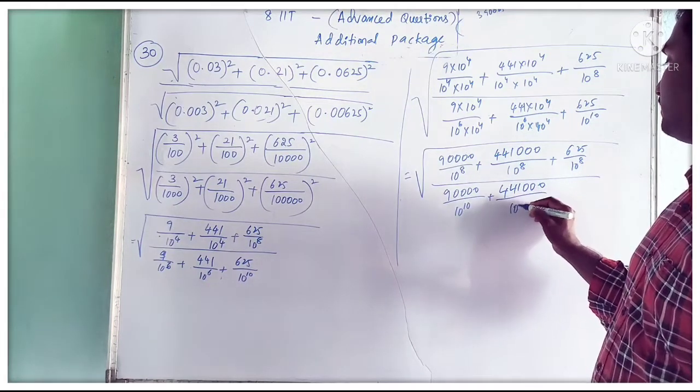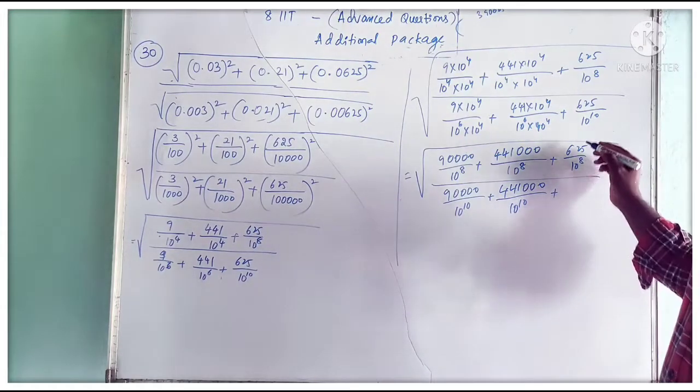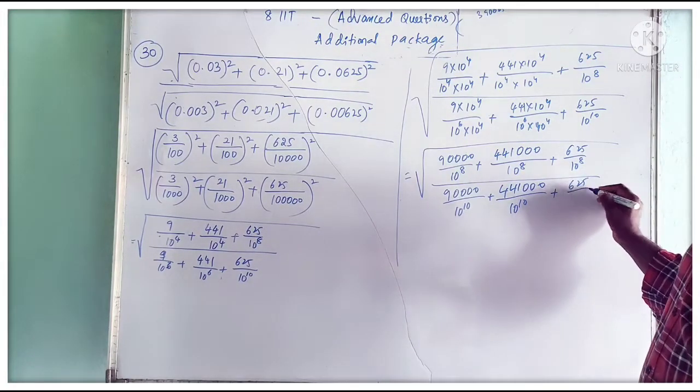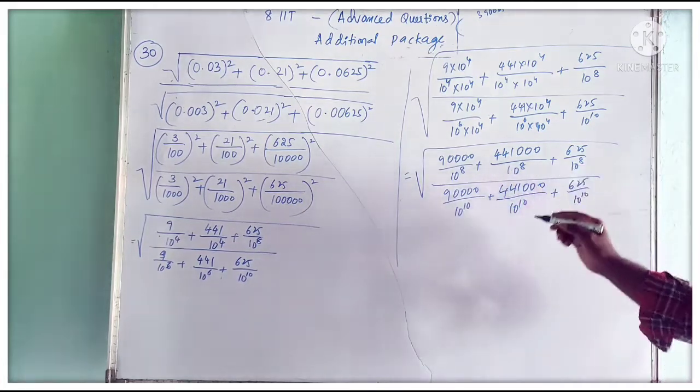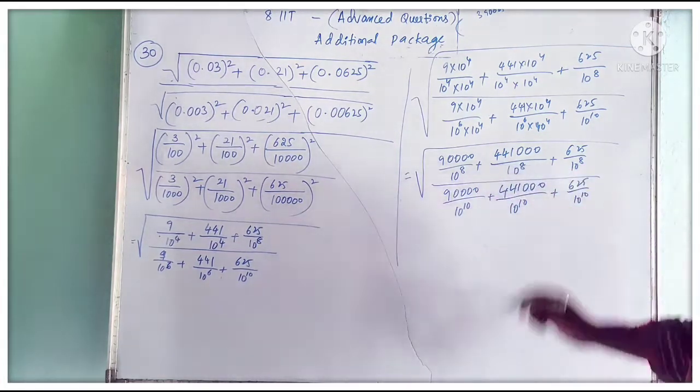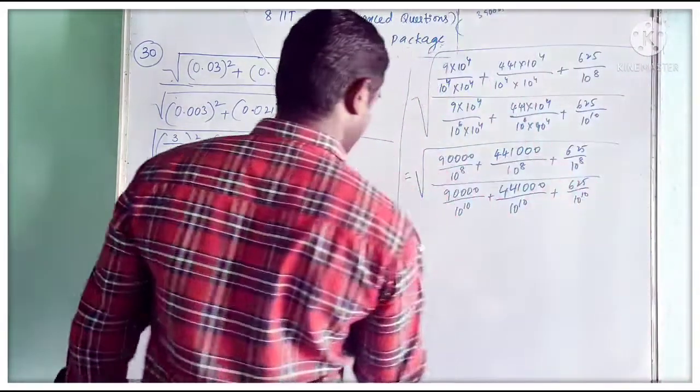4,41,000 by 10 power 10 will come, plus here 625 by 10 power 10. So here in these numerators are same, and in this number also denominators are same. We can add the numerator. So this becomes 90,000